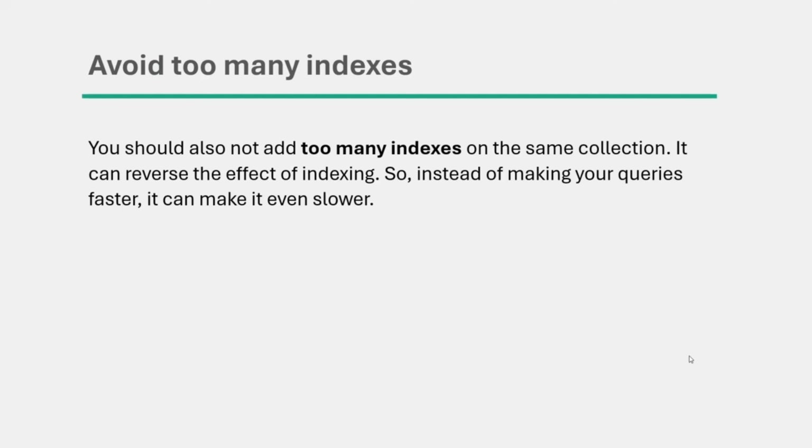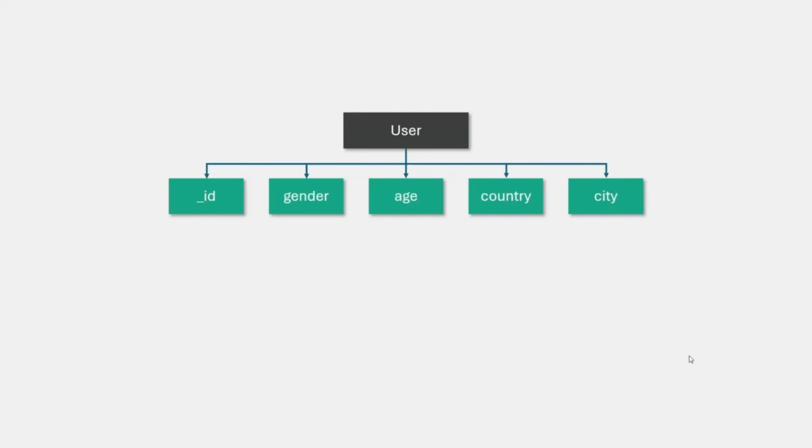For example, you can think that to make all the queries faster, you can add an index on each field of a collection. For example, let's say in the users collection, we have these 5 fields. So you might think that in order to make the query faster, you can add an index for each of these fields. And no matter which field you use in the filter object of the find query, since there is an index for that, it will query the document faster. Right. Well, that's true in a way because it will certainly speed up your find query,